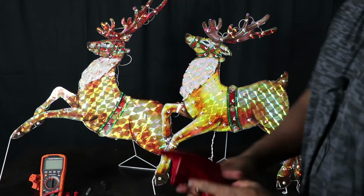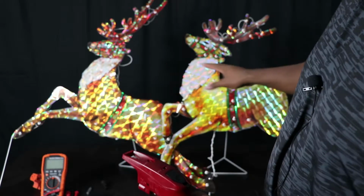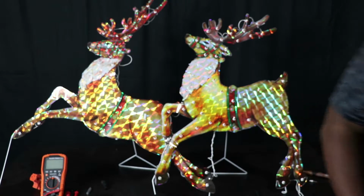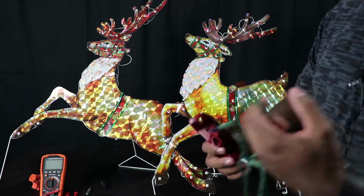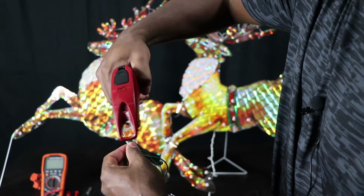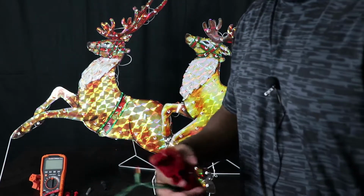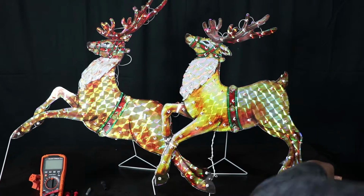The other thing that it does, if your set isn't working, you're supposed to be able to push this on. Let's see. A set like this. So once your bulb is out, you're supposed to be able to push this on and pull the trigger. And that should make your lights work. It only works sometimes. But anyway,